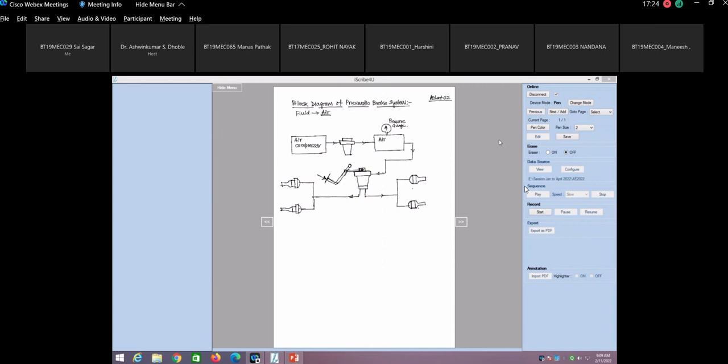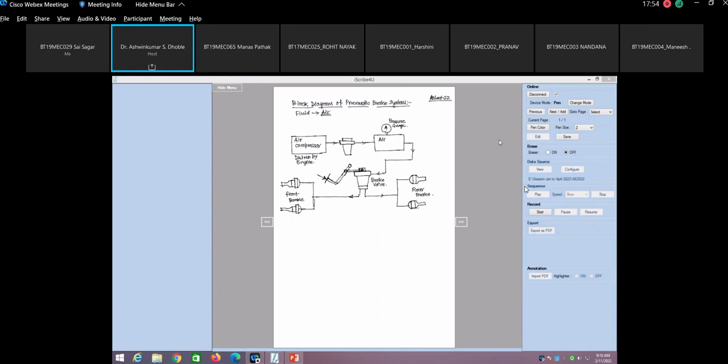So this is the rear brake. These are the front brakes. This is nothing but your brake valve. This compressor is driven by